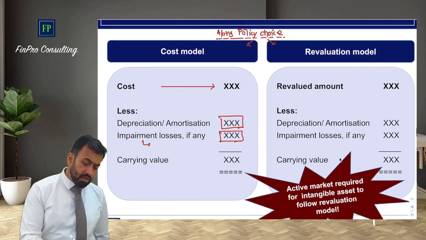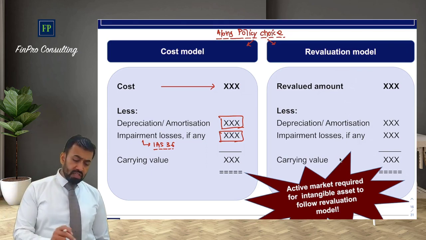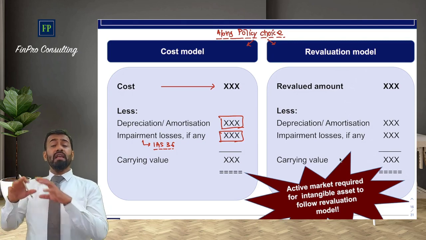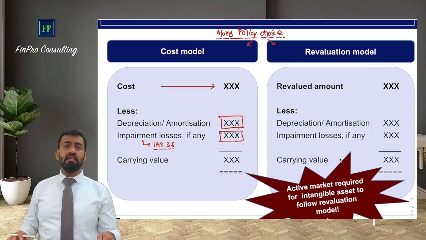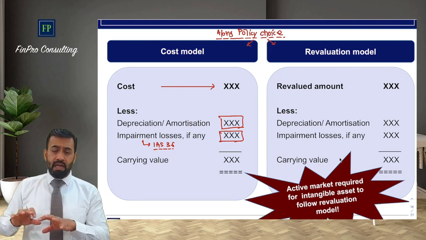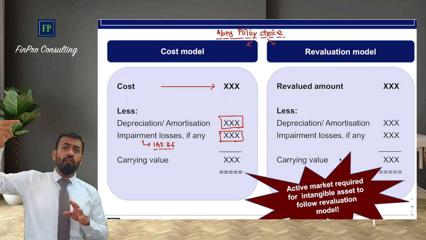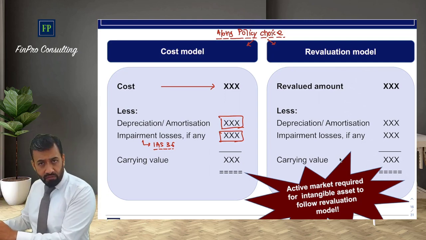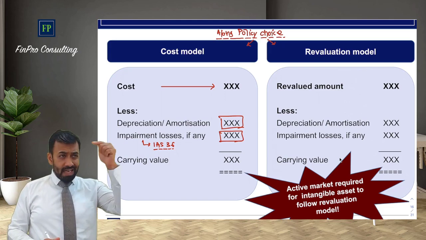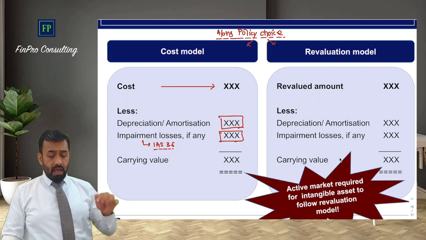These impairment indications are given under IAS 36, Impairment of Assets. Once we see this topic, you must have already seen it, but those are internal indicators or external indicators. If there is presence of any indication, then you will have to test this asset either individually or as part of a cash generating unit for impairment testing. Then if there is impairment, you will have to provide a loss. Indication of impairment doesn't mean there is existence of impairment. That has been discussed under IAS 36, not here. So cost less depreciation or amortization based on useful life, or impairment if any, and then the resultant amount will